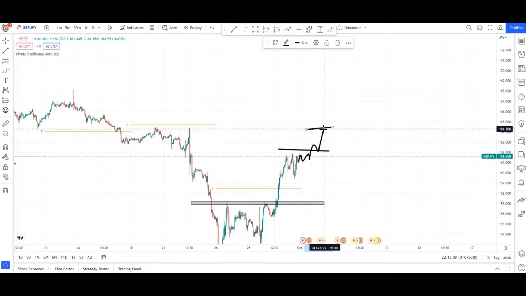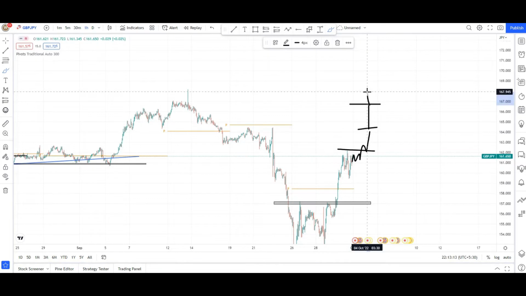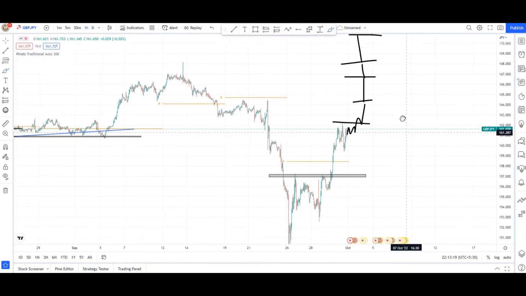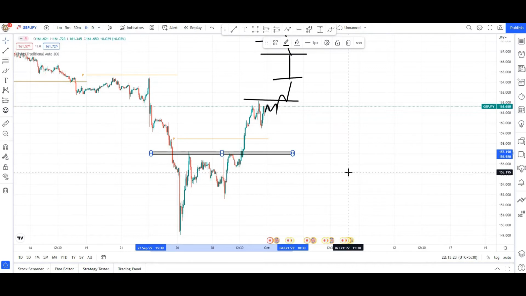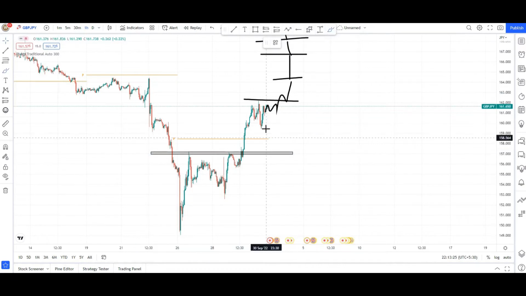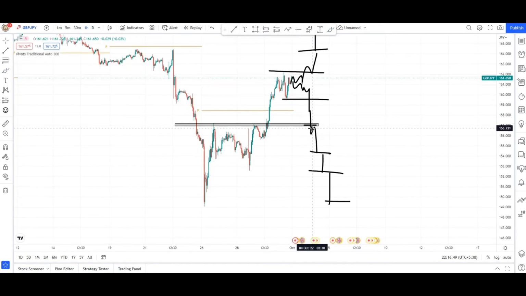Then you can expect your first target will be here, guys, second target will be somewhere here, this will be the third target, and you can go for fourth target and fifth target, 172 is where you can go up till. Okay guys, in the downside also, what we have to see is that if it continuously goes sideways and comes downside, and this is broken, then you can expect up till here only, guys, your first and final. You can see here, guys, if it takes a resistance, then you can expect your first, second and